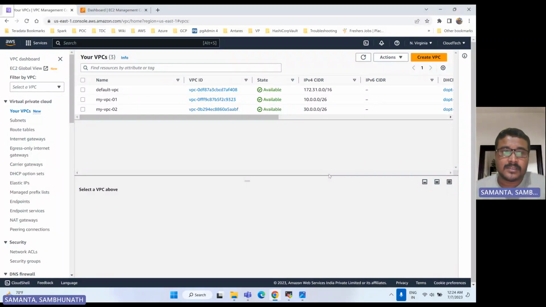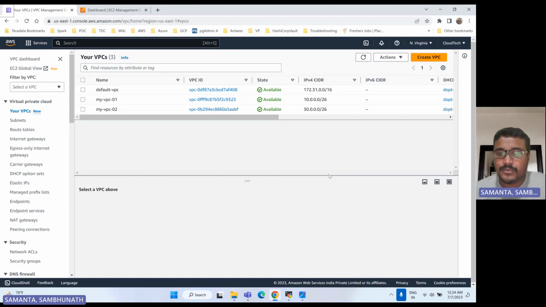Suppose your customer has their own VPC and your application is launched in a defined VPC. This kind of scenario comes up when your organization has a backup application, like OneDrive. OneDrive basically takes the backup from the customer database, like your hard disk or your data. OneDrive may be launched in one VPC and the customer database is launched in another defined VPC. Now, if these two VPCs want to communicate,